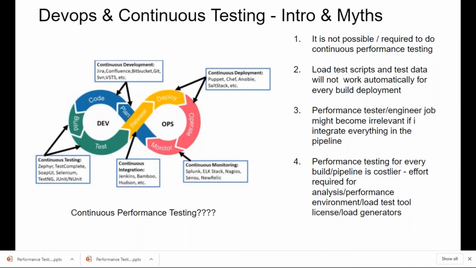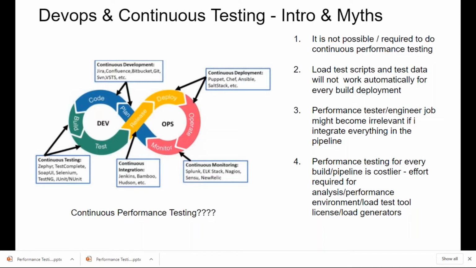So the developers keep developing their code, and as they develop, it gets built and deployed, and then it gets tested immediately. So every build, every day, right? Maybe end of the day, or twice in a week, depending upon the maturity level, depending upon the volume of work the team does.